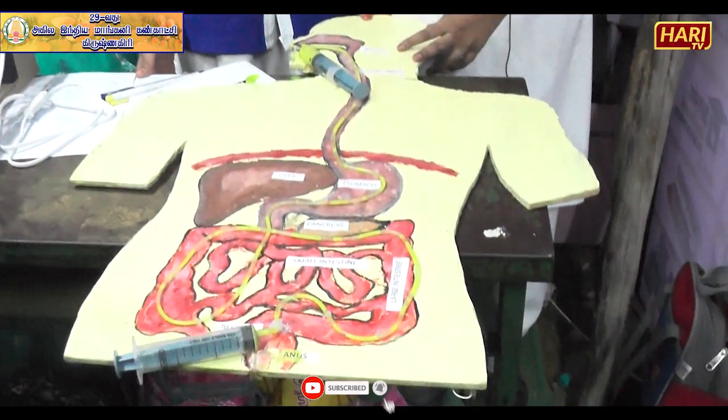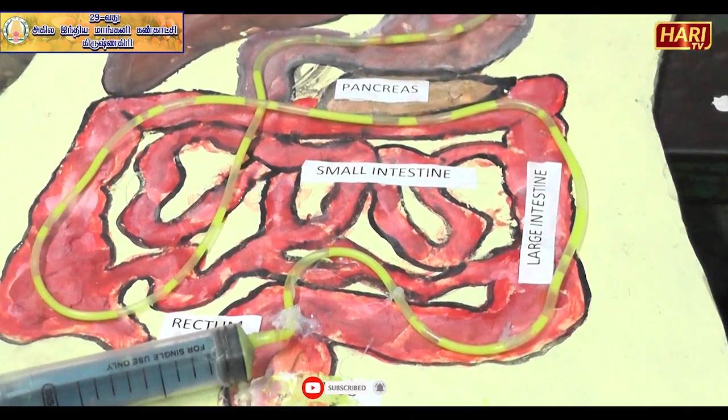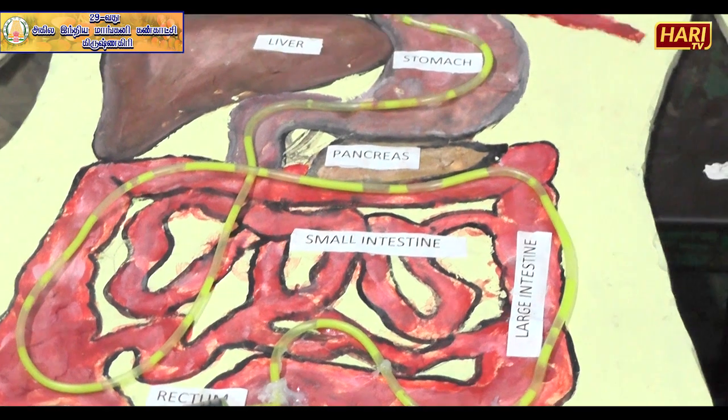I'm Darshini from class 9. I am Mantra from class 9. We are here to explain to you about the digestive system. We all know what the digestive system is, but we are here to explain it in a brief manner. The digestive system of the human body comprises a group of organs that work together in converting food into energy and nutrients to power the body.